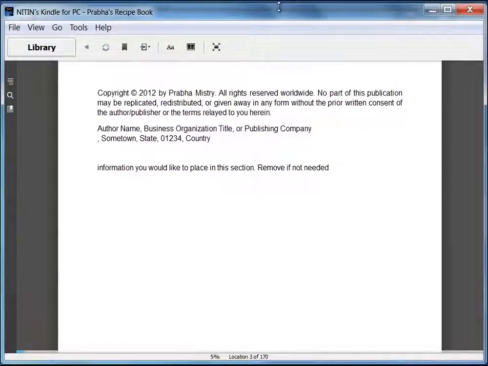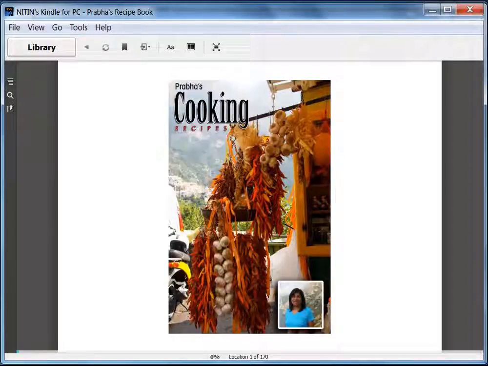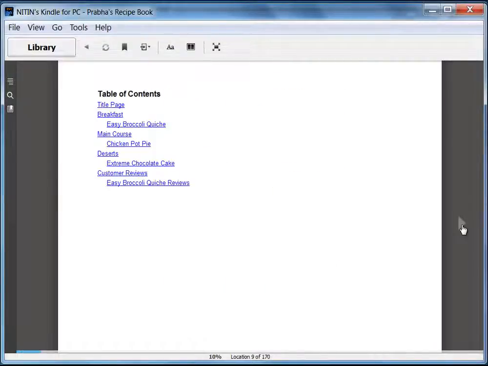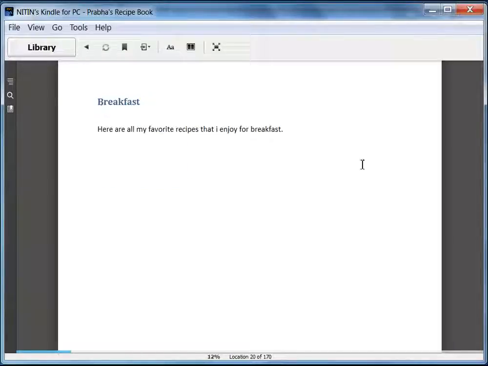So here is our book. This is our copyright page, and if we go back one, here is our cover page. If we go next, then we see our table of contents. This is the table of contents that we created, and then we go to the breakfast. So we see the breakfast section,